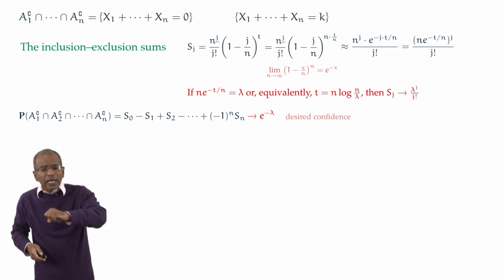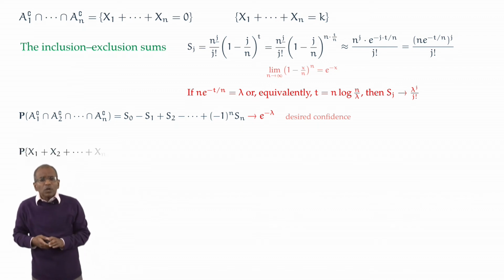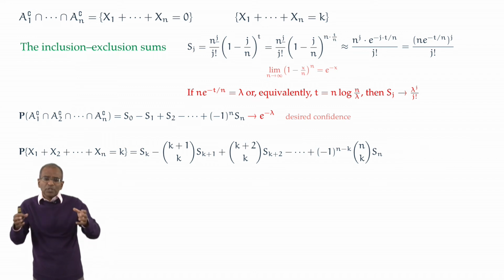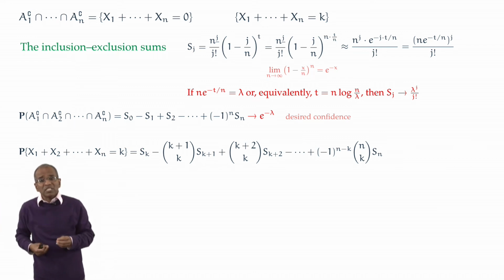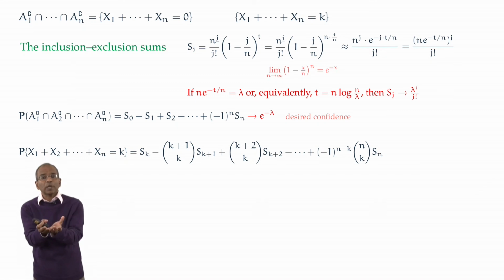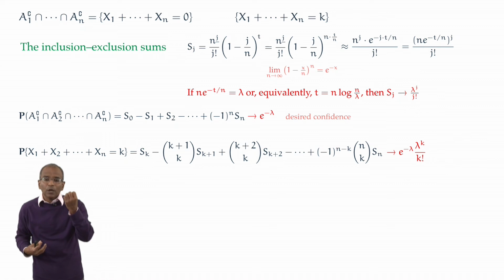Let's take a look at what it says more generically. What are the chances that exactly k of the playbills stubbornly refuse to be obtained in my t purchases? So in t purchases, I've acquired n minus k of the playbills, but there are k of them which I have not sadly been able to get. The Poisson sieve tells us immediately that this is going to be approximately e to the power minus lambda times lambda to the power k over k factorial.